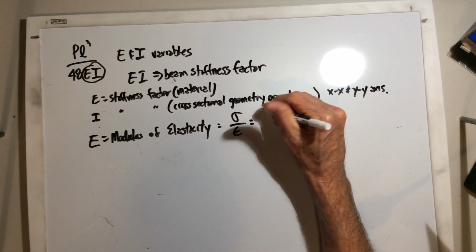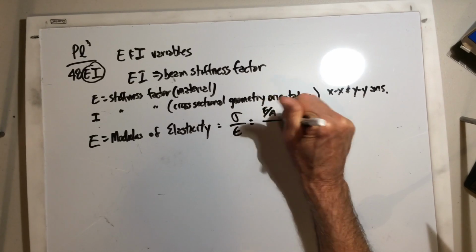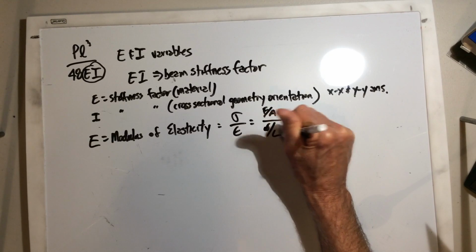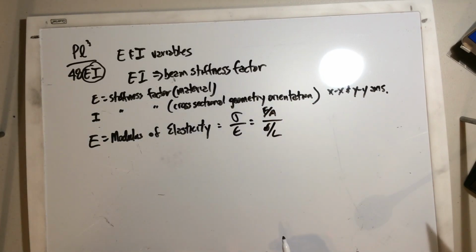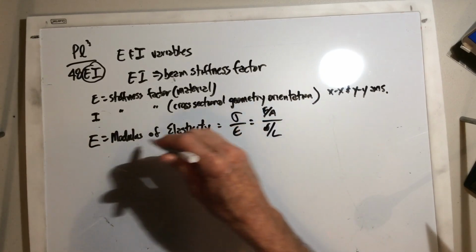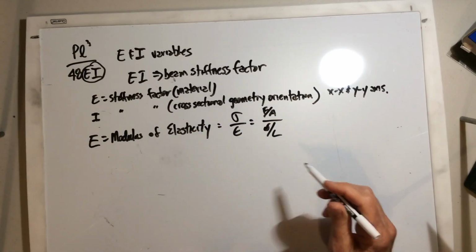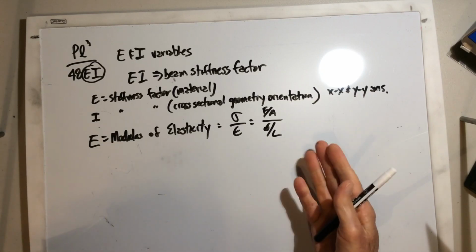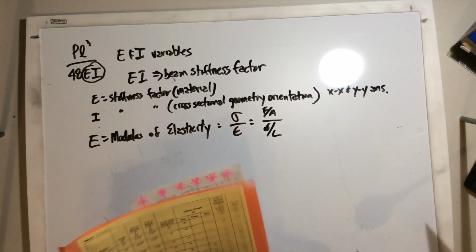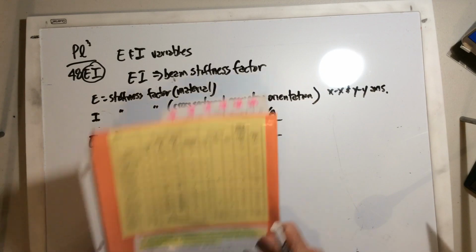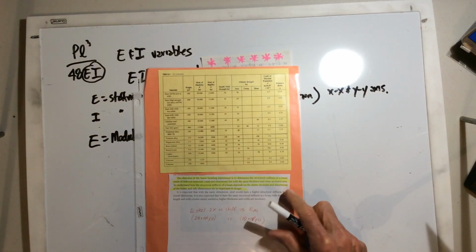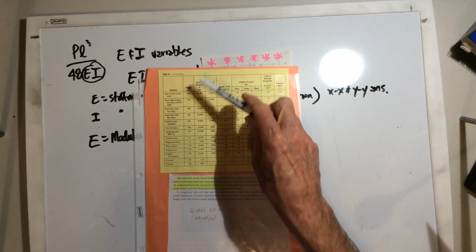If you break the variables down, you can get F over A over little delta over L. Now, each material has an E. We get those through experimentation by using the tensile test, which you'll get to use later on. But as you can see on this basic table of material properties, here is the modulus of elasticity E,